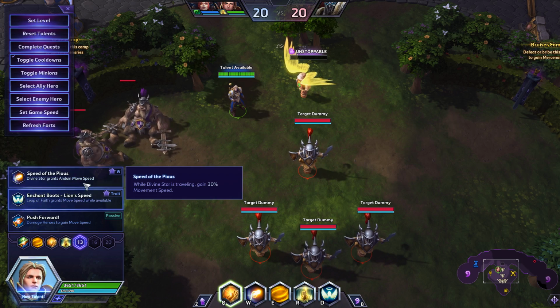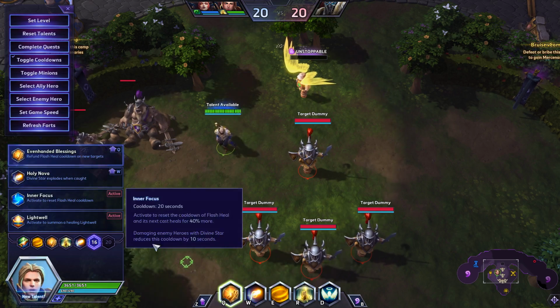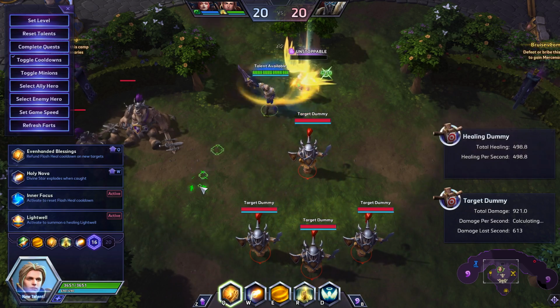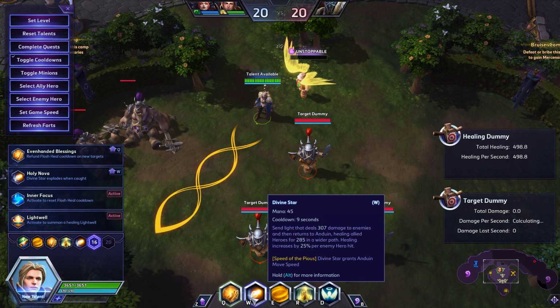At level 13, you get movement speed while you have your W going. This is really beneficial if you want to hit a lot of enemy heroes with your W, and then run your way all the way up to your team so that they get that big heal. That extra movement speed really makes it beneficial to get around and deal a lot of damage to enemies while